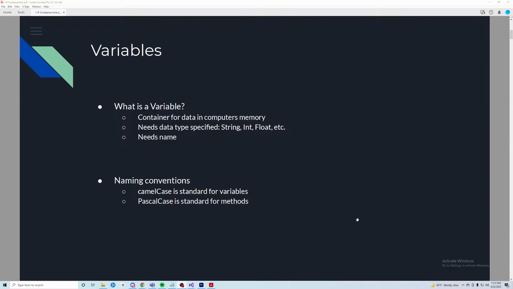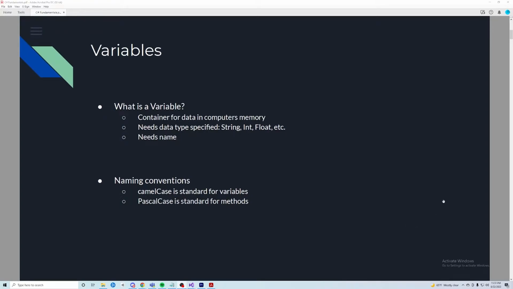So that leads us into the typical naming conventions. The naming convention that I'm going to be showing you is camel case. Camel case is exactly what it looks like here. The first word of the variable is lowercase. The first letter of the first word, I should say, is lowercase, and then every word after it is capital. So, for example, camel, lowercase c, and then a capital C afterwards is the standard for naming